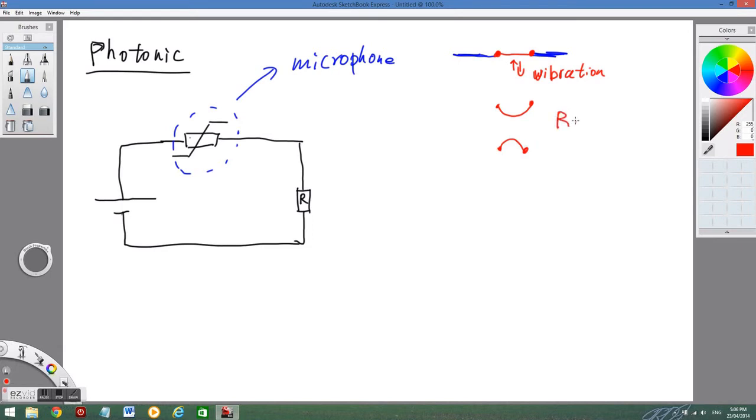Okay, so let me just write it down. So the resistance of the material changes. That's what's happening inside our microphone. So imagine if I have current flowing in this circuit all the time. When I start talking, the resistance changes. If the resistance here changes, then if I connect a voltmeter,